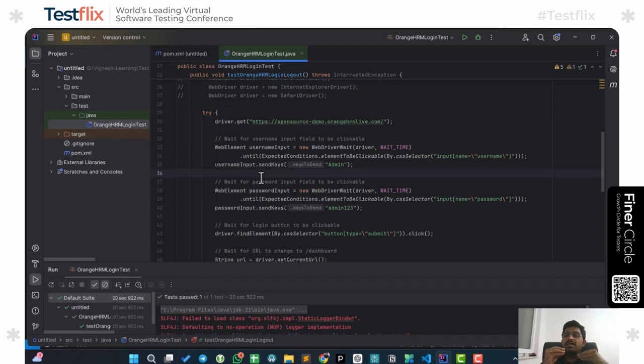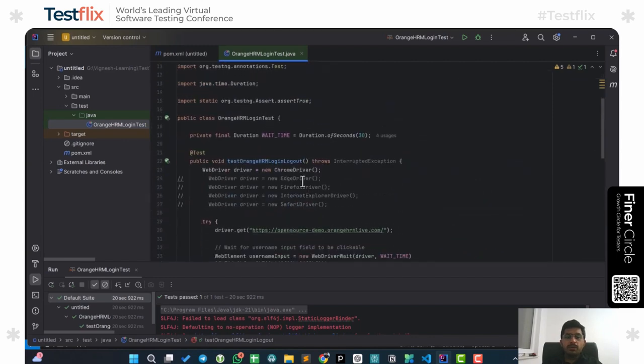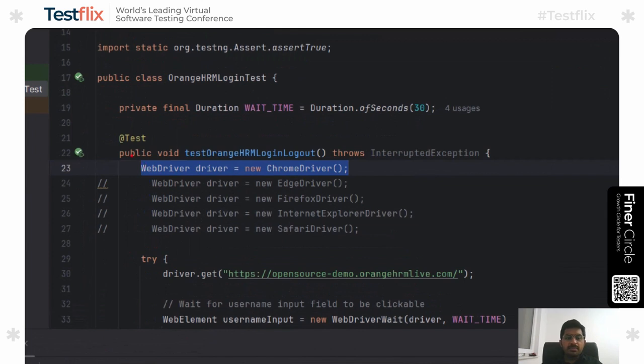Now, the interesting thing between Cypress, Selenium versus the Playwright: in Playwright, we know that we can directly run the test by just adjusting the commands which we pass, like --browser as Chrome or something. But that's not possible in Selenium. In Selenium, whenever you're writing any test, you need to pass which driver you are invoking. For instance, if I'm writing the command WebDriver driver equal to ChromeDriver, this will basically create me an instance